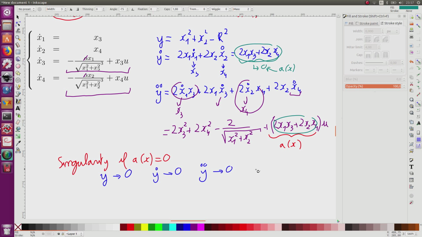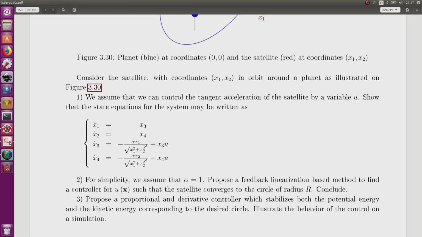If I apply this kind of method, my error will converge to 0, but once y will be equal to 0, I will obtain a singularity, and in the feedback control loop, I will have a division by 0. So this method cannot apply without strong modifications. So this is the conclusion of what we required for this question number 2.